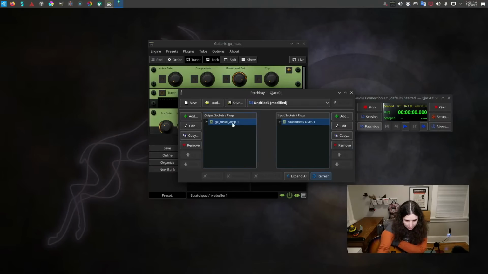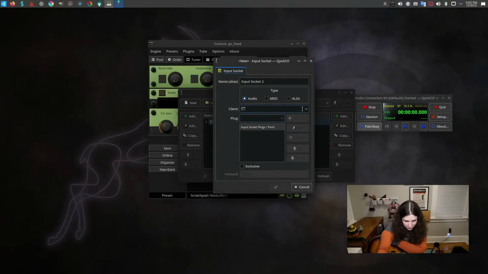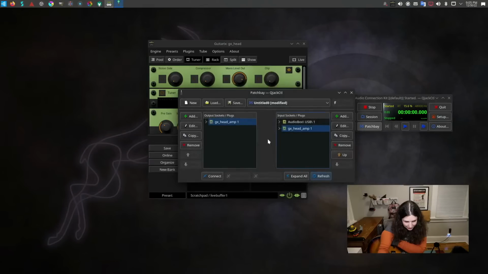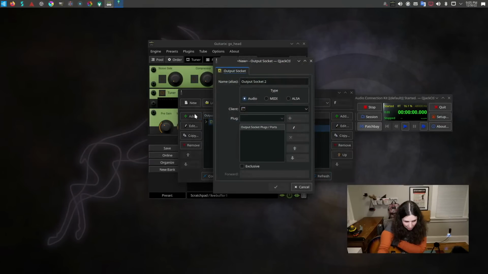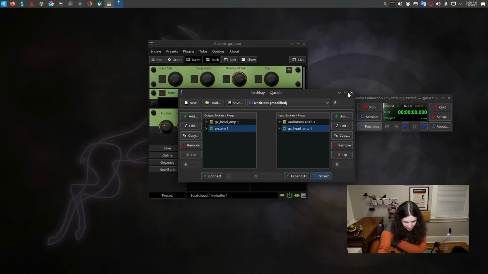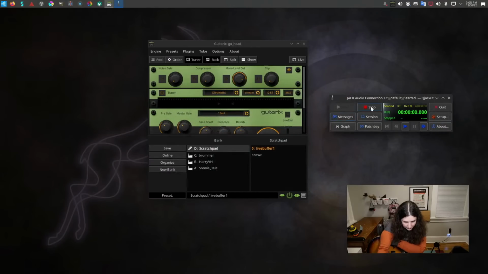Okay, so input to output, but I'm still trying to get you to hear it. So now let's do the output from the amp. I don't know why it says in 0. That's going to throw me off. And then the output is to system. There we go. Now, if I stop and then start it,